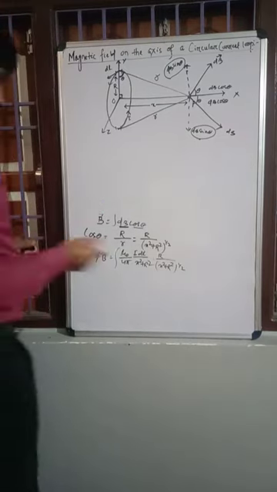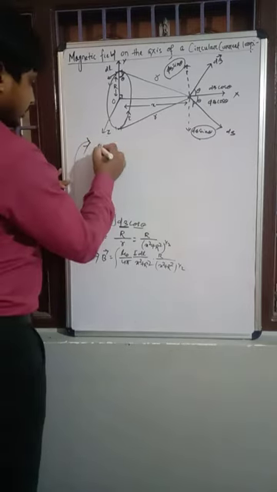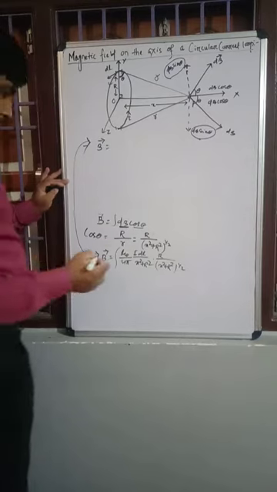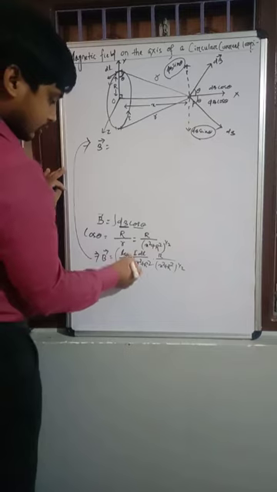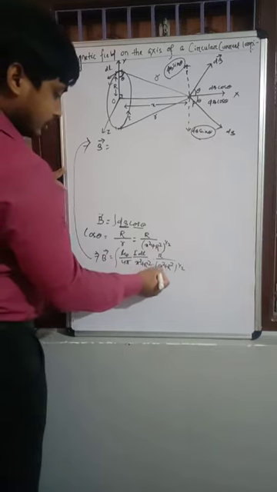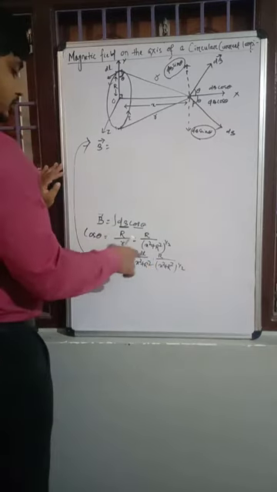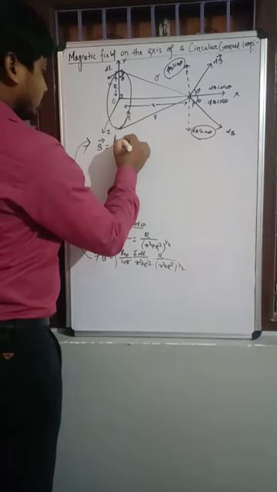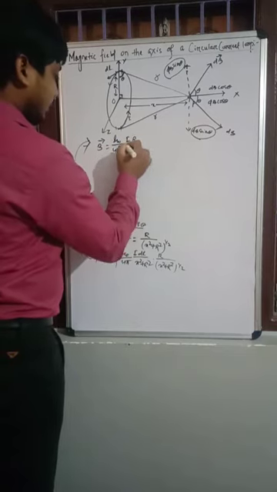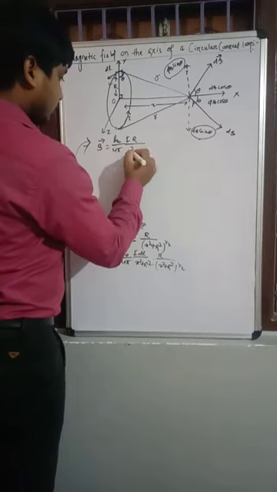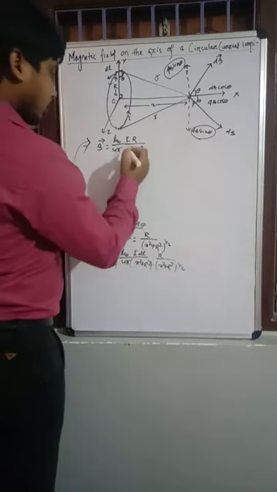Now see, you will get from here this B vector is equal to, you can see that all are constant, mu naught 4 pi, x square plus r square, x square plus r square to the power half, only dl is the variable one here, so you can integrate it over only dl: mu naught by 4 pi, I R divided by x square plus r square, the whole to the power 1 plus half, whole to the power 3 by 2,